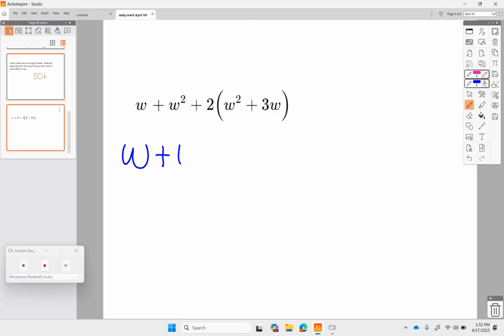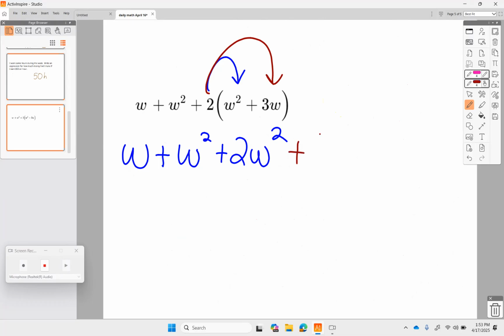Watch this. I know you're organizing your pens, but I want you to watch this. When we distribute, see how there's a number outside the parentheses, but there's two terms inside. I have to multiply that 2 by both. 2 times w squared means 2w squared. 2 times 3w is 6w. So I want to make sure,